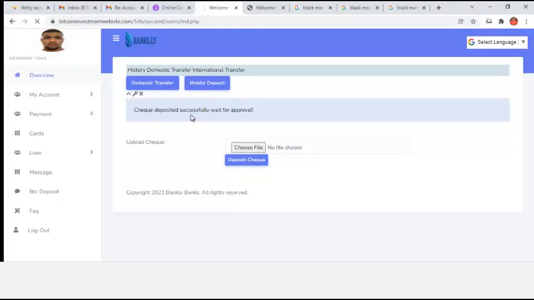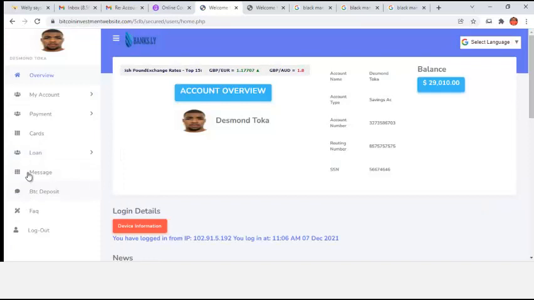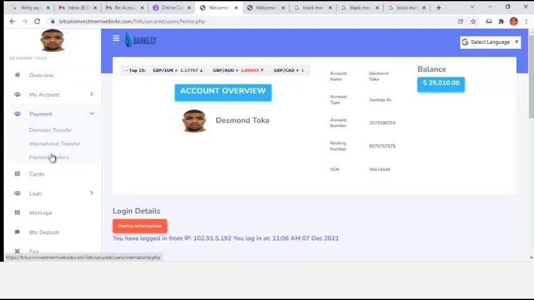Also this system has a very, very powerful feature of mobile deposit. So if I click on mobile deposit payment, and I can say